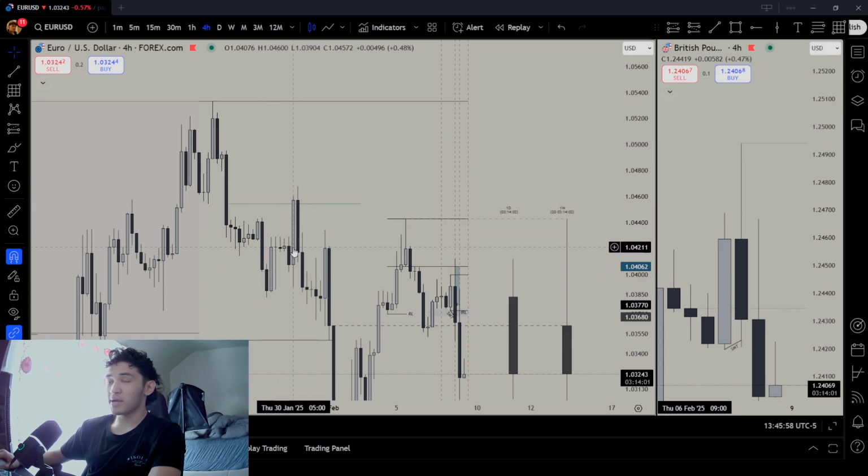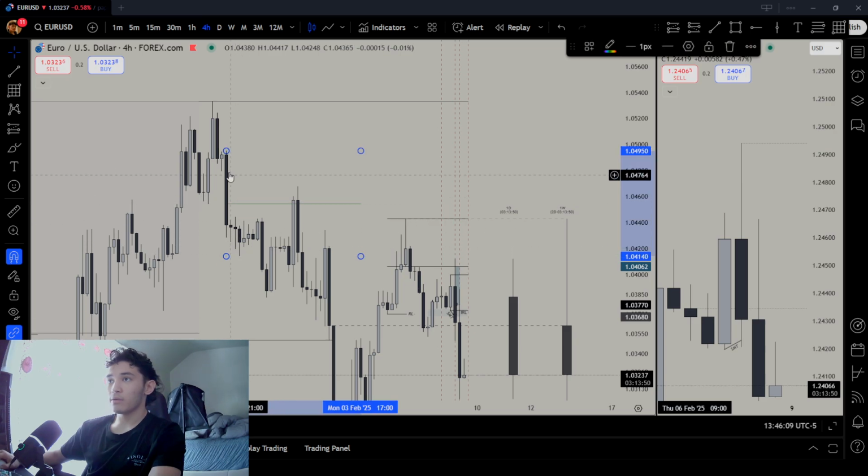So this is where you use price and time, right? Time, we took the trade on Thursday. A take profit would not be here, right? Why would it not be here? Because it's Thursday, right? So here's our range. As you can see, range low, range high, right? So the 50% mark should be our take profit. Why? Reason one, that 50% mark did not get tapped yet. So that should be our take profit.